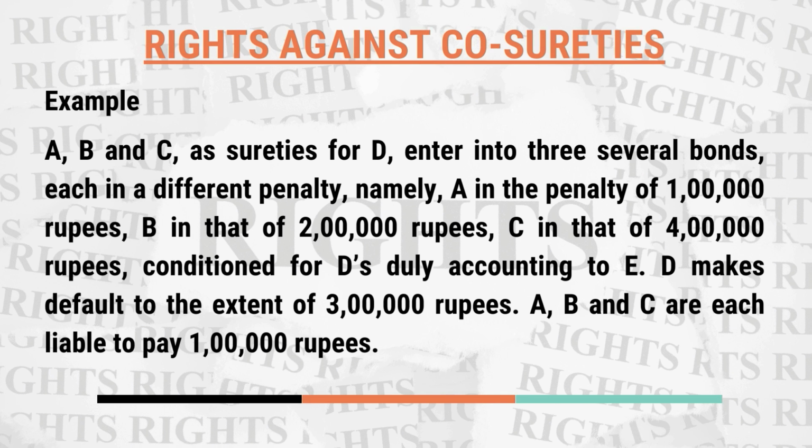If it is 3 lakh and it is coming within the range, say A was responsible for 1 lakh, B for 2 lakh and C for 4 lakh. In that case, they will contribute equally, that is 1 lakh each. For example,